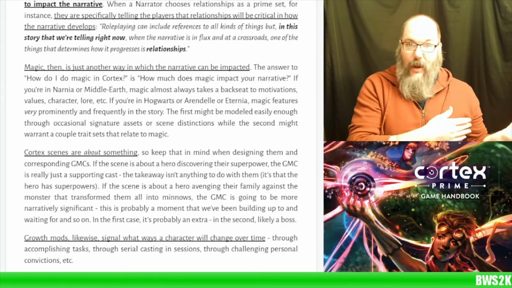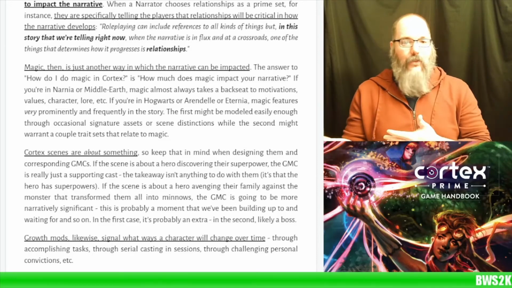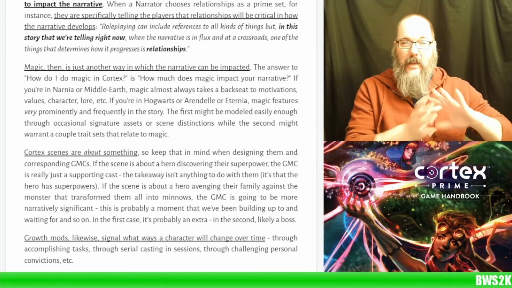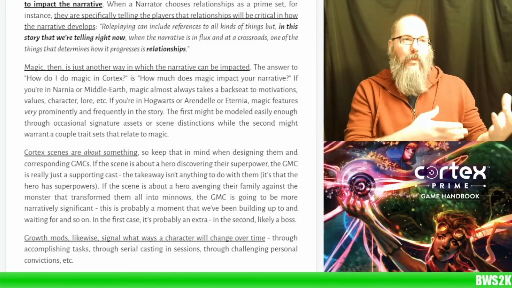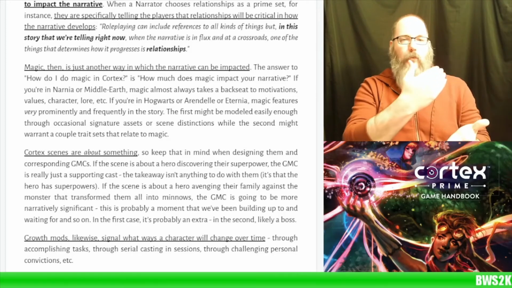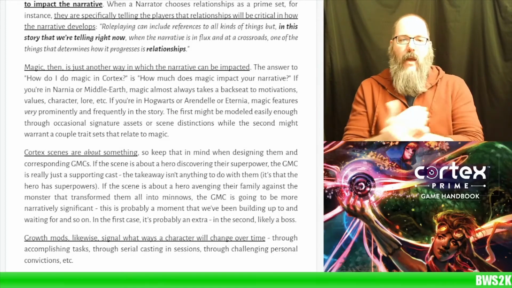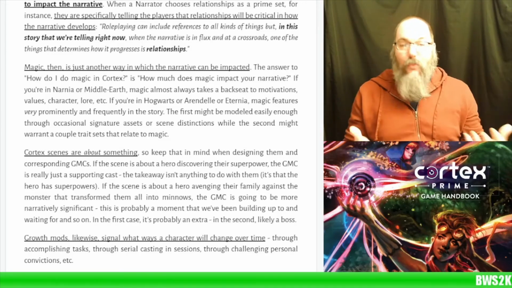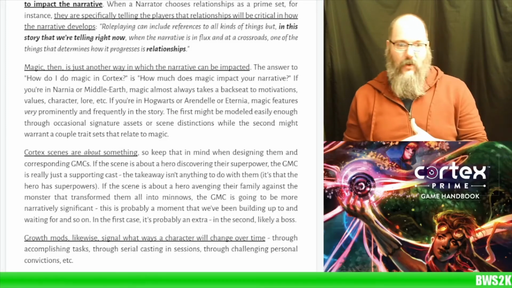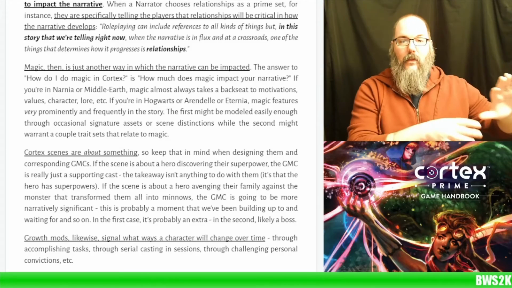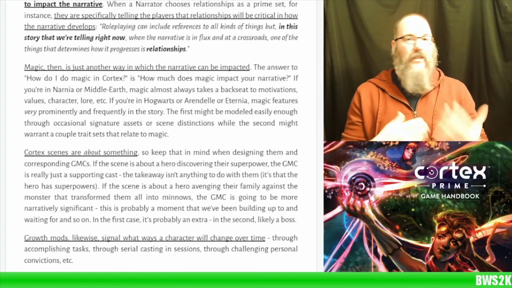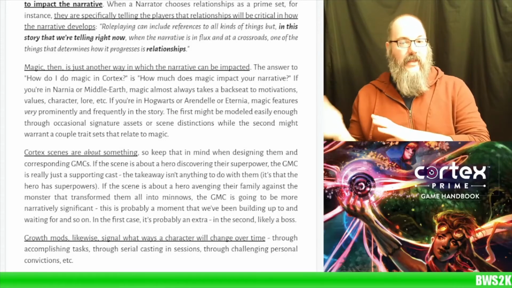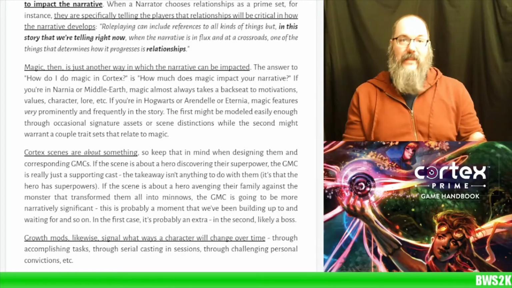If you're in Narnia, right, Chronicles of Narnia, or you're in Middle Earth, magic almost always takes a backseat to motivations or values or character or lore, things like that. They're there, but they're not front seat. They're not right there in every single beat of the story, right? But if you're talking Hogwarts or Arendelle or Eternia, magic features very prominently and frequently in those stories. So while the first one, Narnia and Middle Earth, might be modeled easily enough through occasional signature assets or scene distinctions,